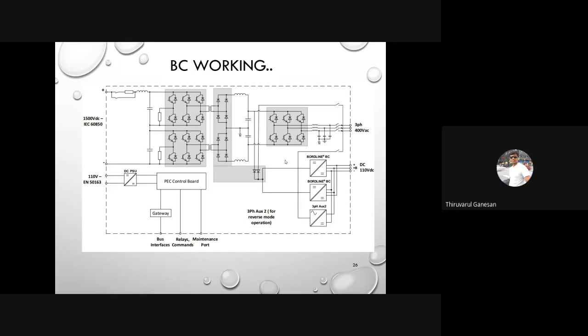Yes, ma'am. From Shah Jainam: for 110 volt DC, why do we use two-stage conversion? Can't we get it directly by using a buck converter? This one, ma'am, for 110 volt. Yes, sir, these two. For the 110 DC output, why do we use two stages? We can't directly get it from the DC input.